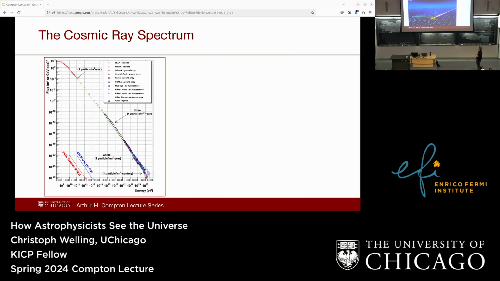And so if you do this a bunch of times and you measure how many of these particles you get at what energy, you can draw the spectrum. So what this tells you is, the further on the right you are, the more energy these showers have, and the further up you are, the more of them there are. And if we look through this, we see a couple of interesting things.